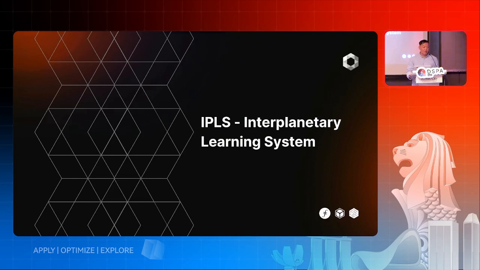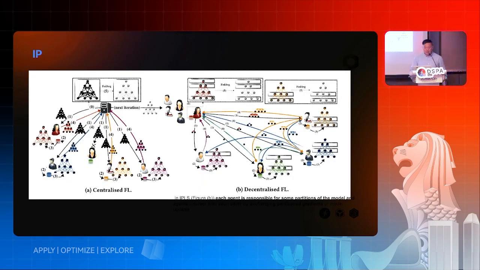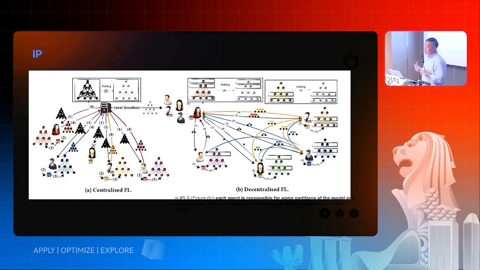So I'm going to talk about this paper published called IPLS. IPLS is a paper, or vision, written by a group of students, envisioning a learning layer on top of IPFS. In traditional centralized federated learning, there can be different ways of doing it. This one flavor is more centralized, where different actors, these individual people here, we send the model to them, and they train it locally. And they aggregate the weights of the model back into a centralized server.